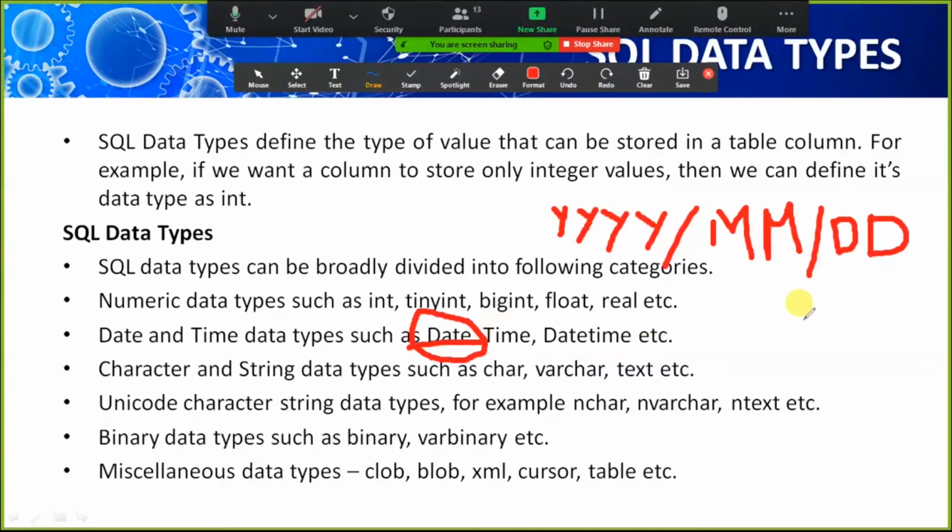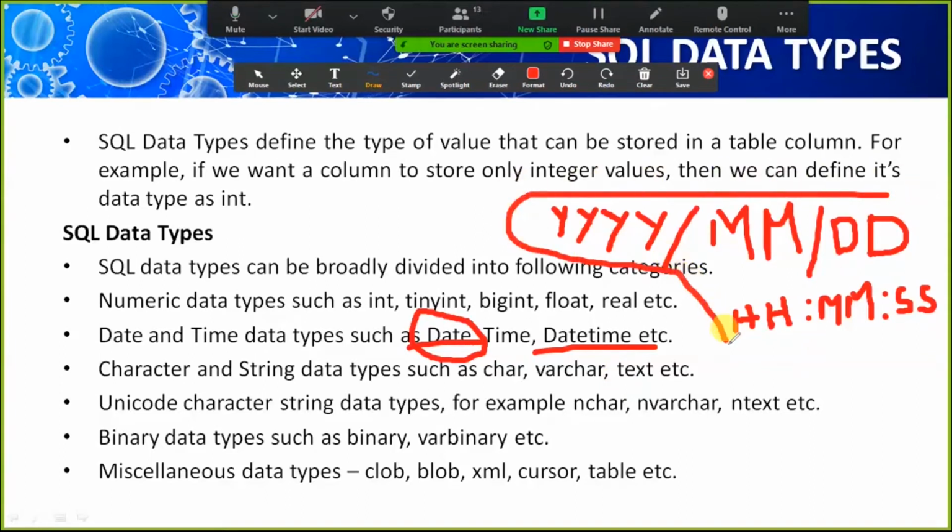Similarly, the time will be saved in HH:MM:SS format. And the datetime data type will store both of these things, meaning both date and time together.